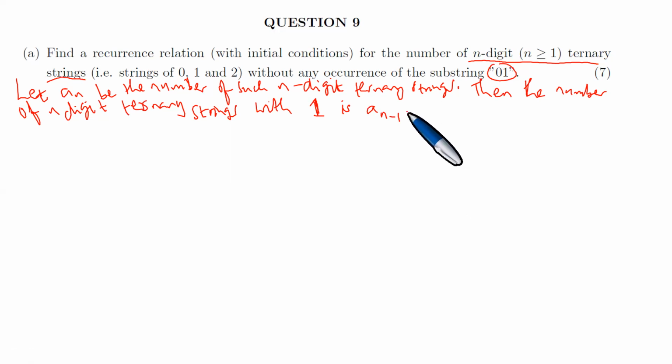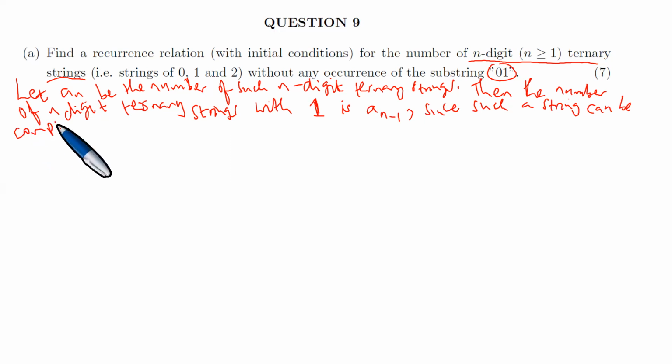With 1 is a_(n-1). So why this a_(n-1)? Let me describe it. Since such a string can be completed